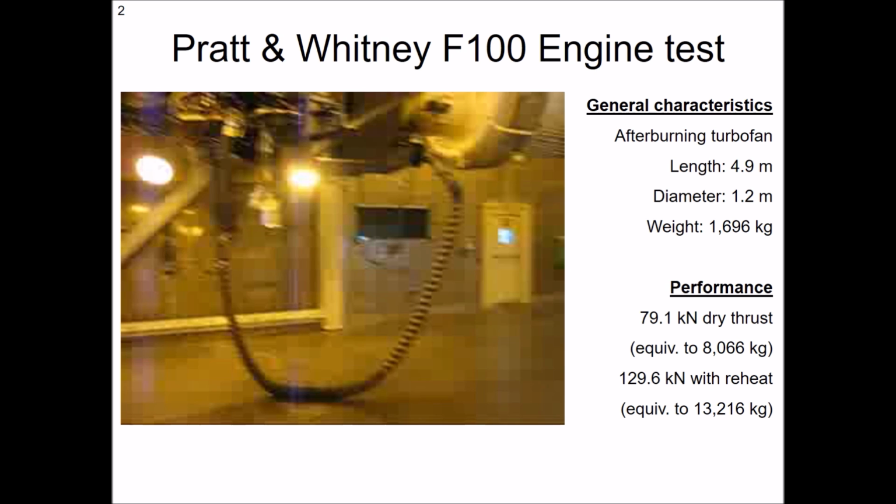Now, these are military jet engines. There are examples of military aircraft: the F-15 has two of them, and the F-16 has one of them. This is a very, very high thrust-to-weight ratio engine. It's used for military applications, which means it's used to give very large amounts of thrust, so high speed, but